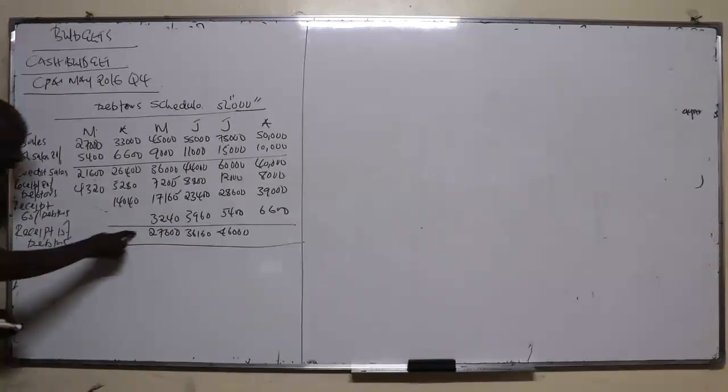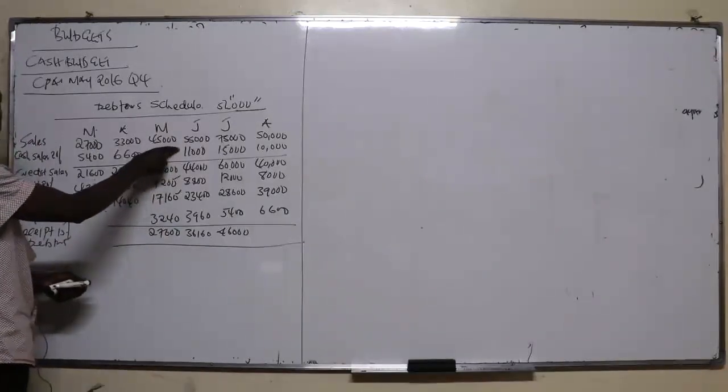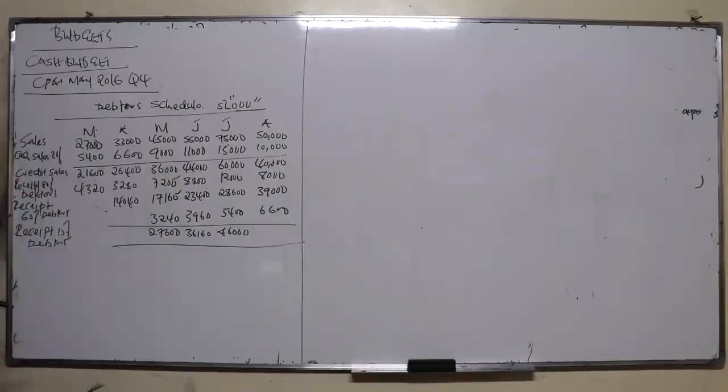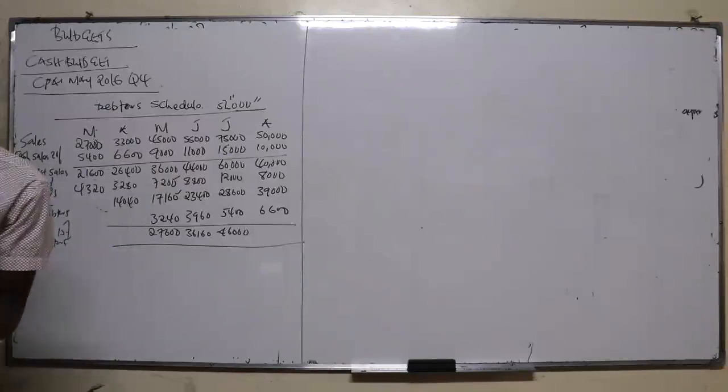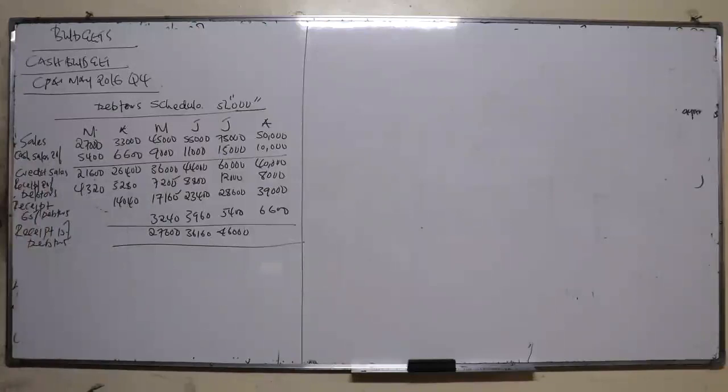So we have indicated the cash. This is the amount of money we're going to receive from the cash sales. Then we have also shown the amount of money that we're going to receive from debtors. So by so doing, you get how many marks? When it comes to debtors, just follow the way they have told you. The key thing there, you just follow the instructions. Very easy. Then we go to the next, the creditors payment schedule, isn't it?